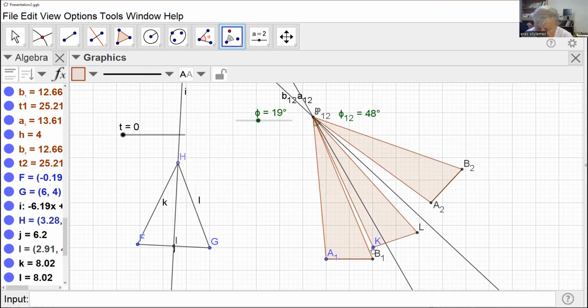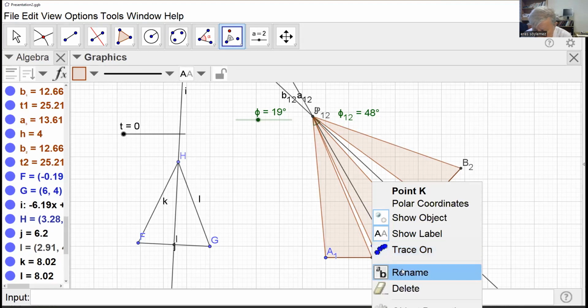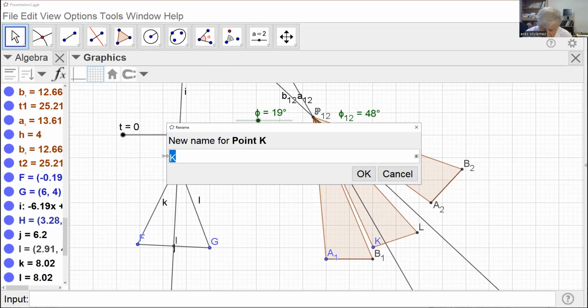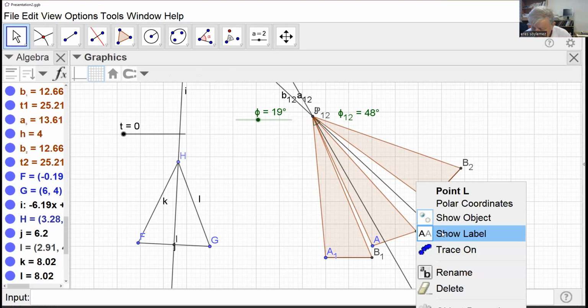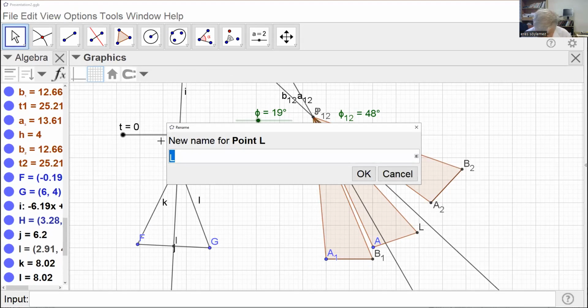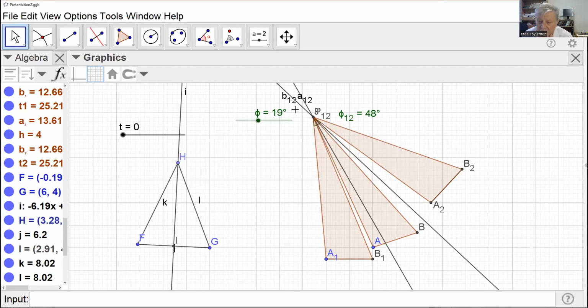This is the final thing. That point I'll call A. Don't worry, the other A will change. This point I'll call B. That is my rigid body moving. Okay? Now,